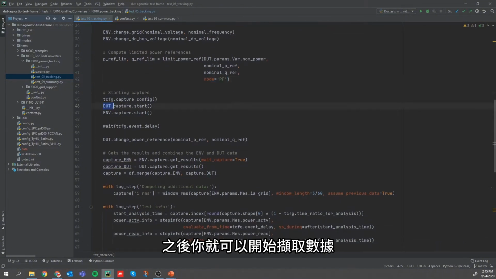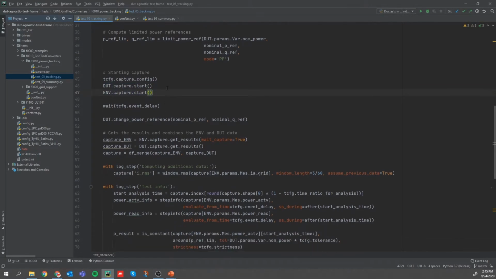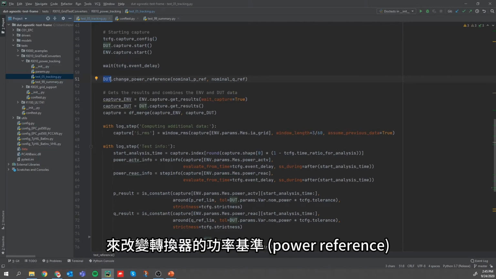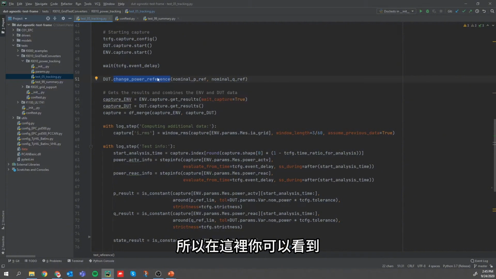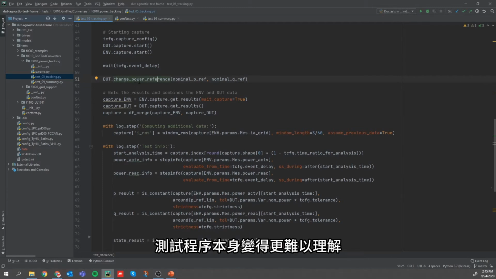After that, you can start the capture. Here we are capturing data both from the device under test and from the environment. We are again using the abstraction drivers to change the power reference of the converter. You can see we are just passing these two values, and the way this is implemented, we are sending a CAN command, but having all that code here would just make it more difficult to understand the